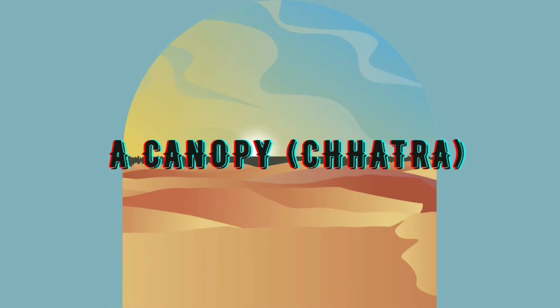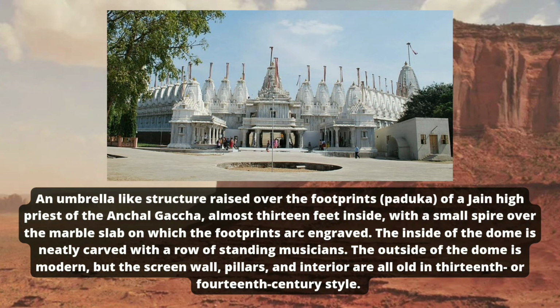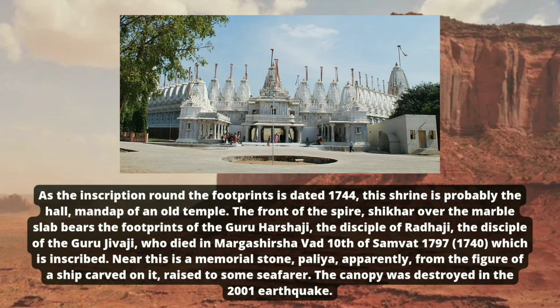A canopy or chhatra, an umbrella-like structure raised over the footprints or paduka of a Jain high priest of the Untitled Chapter, almost 13 feet inside, with a small spire over the marble slab on which the footprints are engraved. The inside of the dome is neatly carved with a row of standing musicians. The outside of the dome is modern, but the screen wall, pillars and interior are all old, in 13th or 14th century style. As the inscription round the footprints is dated 1744, this shrine is probably the hall or mandap